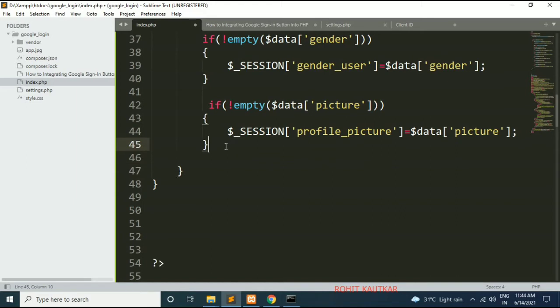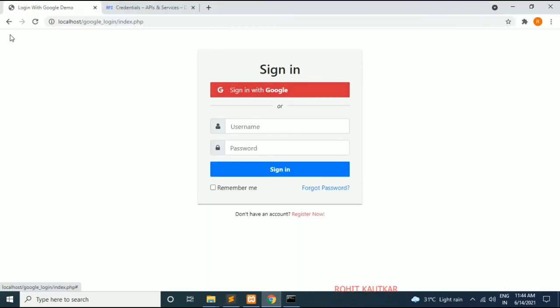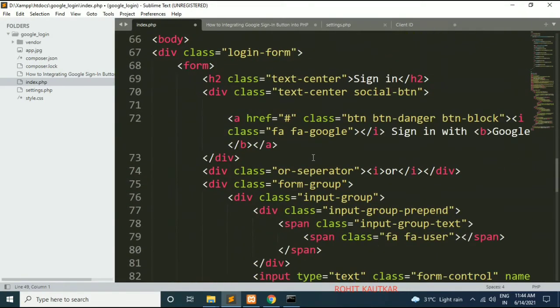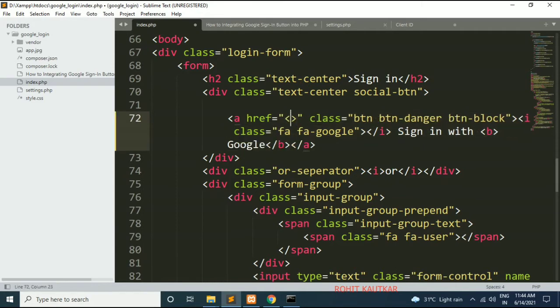Now friends, we will try to provide the link to the login button. Whenever the user clicks on this button, he will be redirected to the sign in page. So for this I will specify the link here for this sign in button. So here I will write the PHP code.